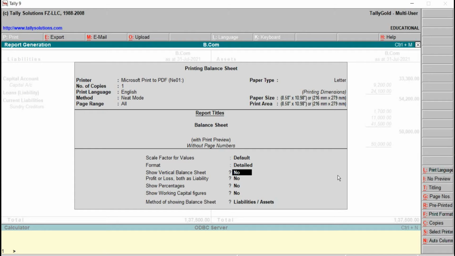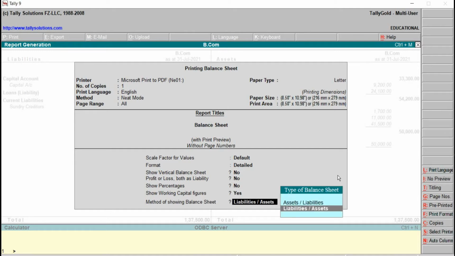To display it in vertical format, make it yes, or else no. Profit or loss both as liability, no. If you have to display, then make it yes. Show percentages, yes or no, can be done. Show working capital figures, yes. Method of showing balance sheet, how? Whether assets liabilities or liabilities assets, that also can be done. We can select.